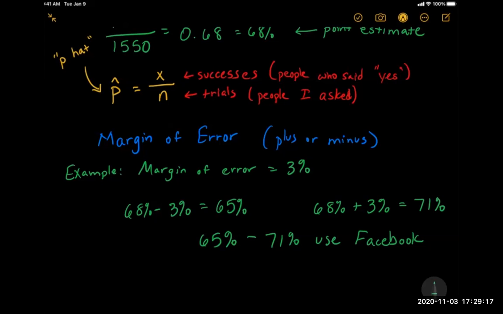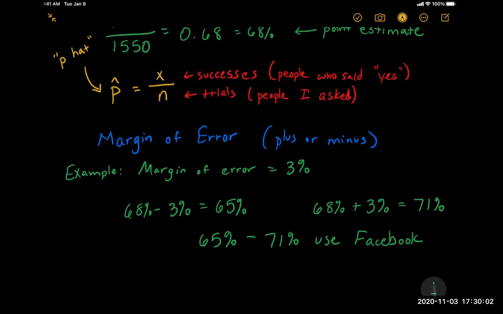This is such an important thing for you to understand in statistics because there is no way for me to go ask every single person on Earth. That would be bonkers. By the time I finished asking every single person, some of the people I asked would be dead, and some of the people that were not alive when I started asking would have been born. So in statistics, what we do is we ask just a handful of properly selected people, random selection. We say, well, if this is what a handful of people think, I can have not a perfect answer, but a pretty good guess of what everybody would say if I had time to go ask them all.